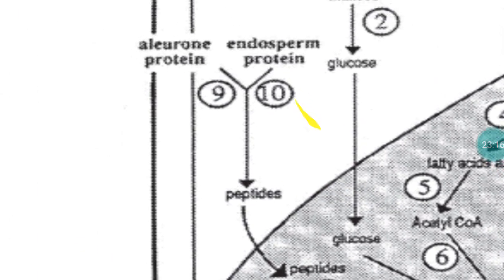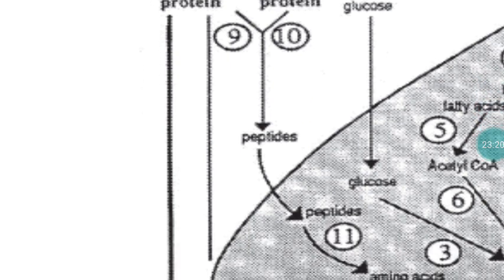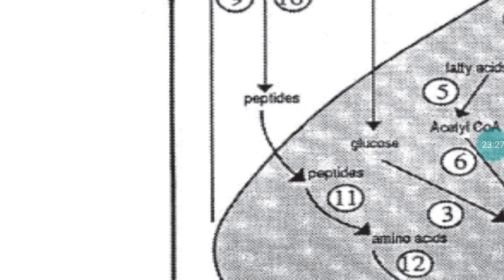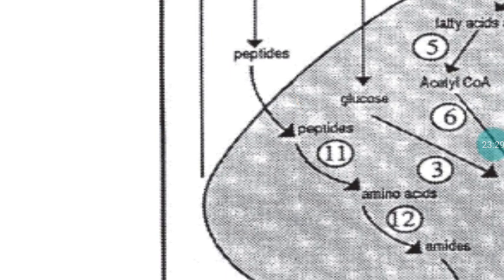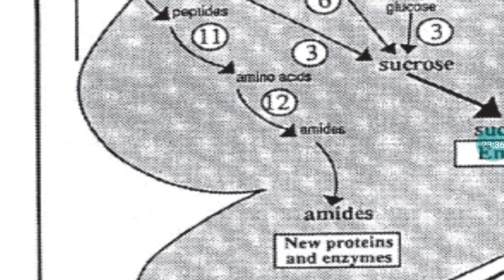With reference to protein, the protein is a polypeptide molecule. So the polypeptides are broken into peptides with the help of the peptidase enzyme. Again, that peptidase will break the peptides into amino acids. Again, those amino acids are broken into amides, and then amides will be used for construction of newer protein molecules as well as enzymes,